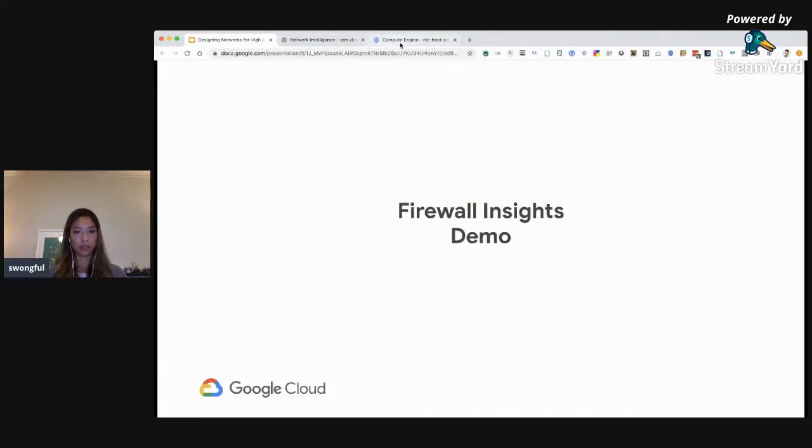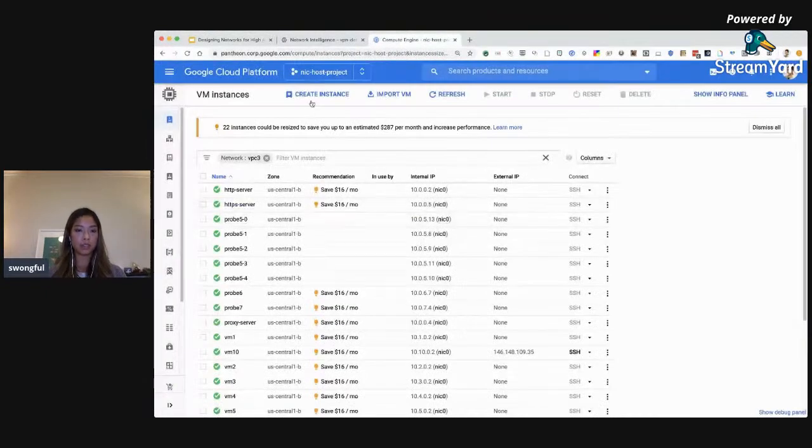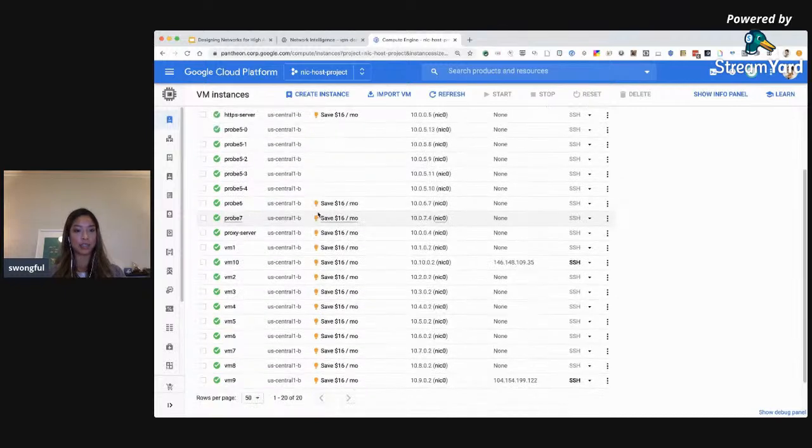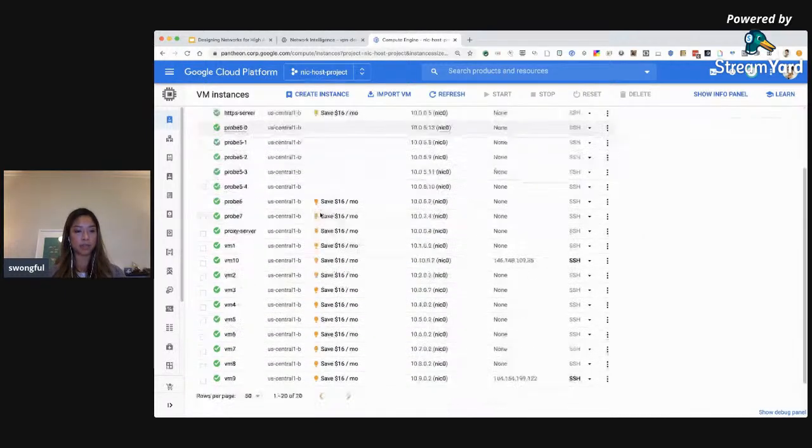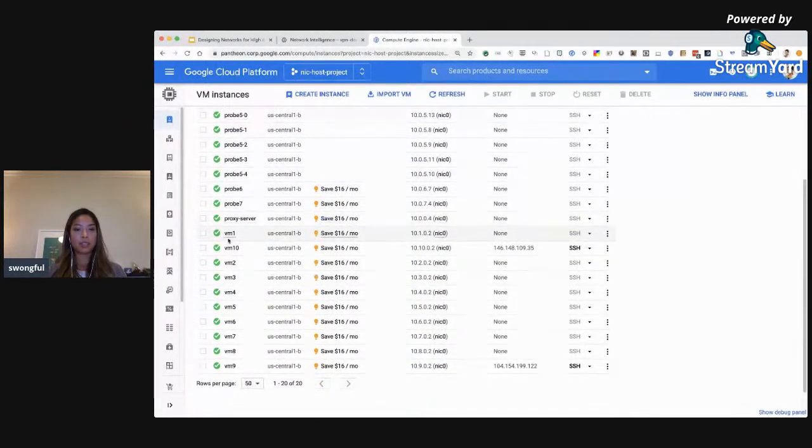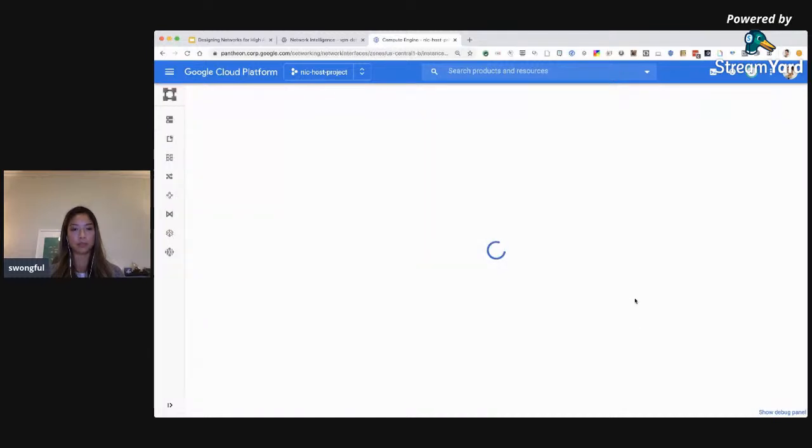All right, so let's give you an idea of what that looks like. So here I have another project, and this is our list of VMs that we've deployed. So let's just say that I'm accessing VM1, I do a ping to VM2, and it's not working. I'm not getting any packets being sent. So one thing that you can do is look at the network details for that VM to try to figure out why that's not working. Maybe it's vice versa.